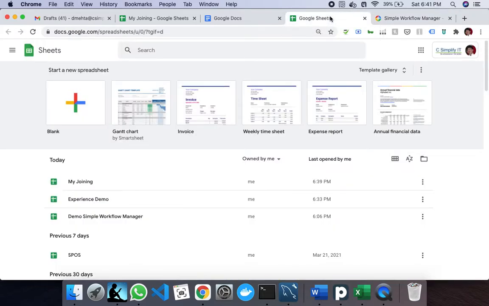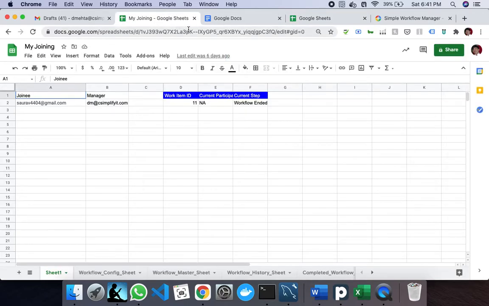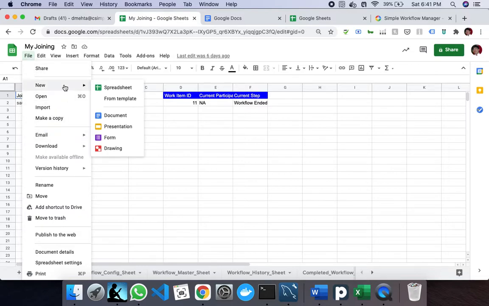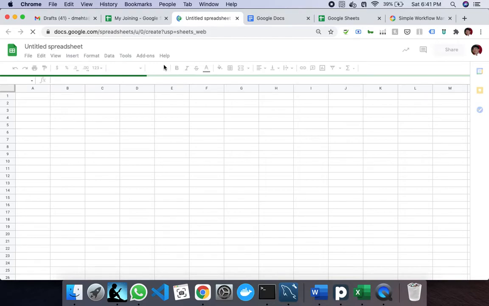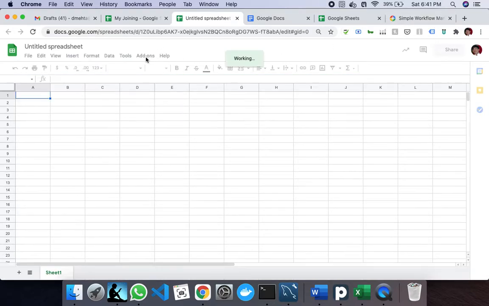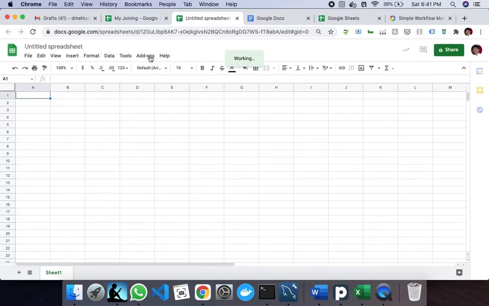So what happens is, once you have installed Simple Workflow Manager, you have to come to your Google Sheets, and in this Google Sheet, in the add-ons, you should see Simple Workflow Manager appearing there.